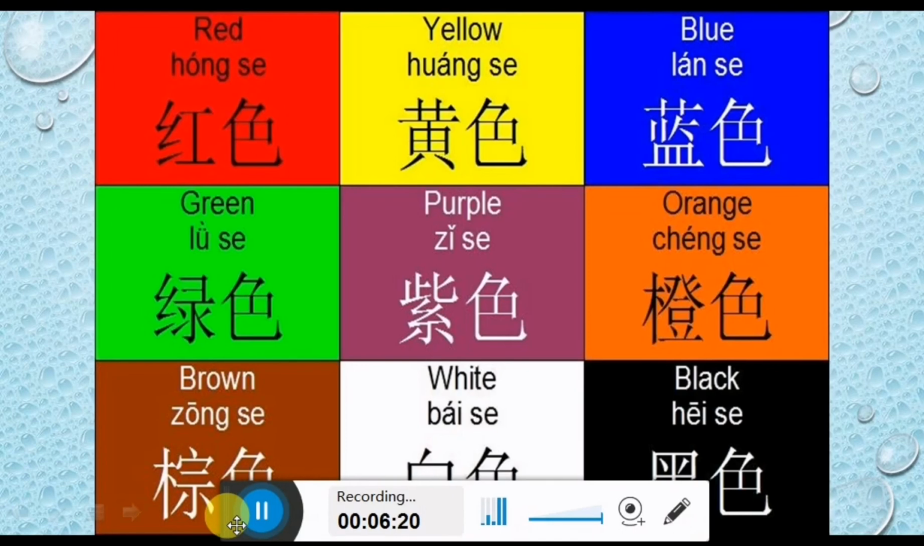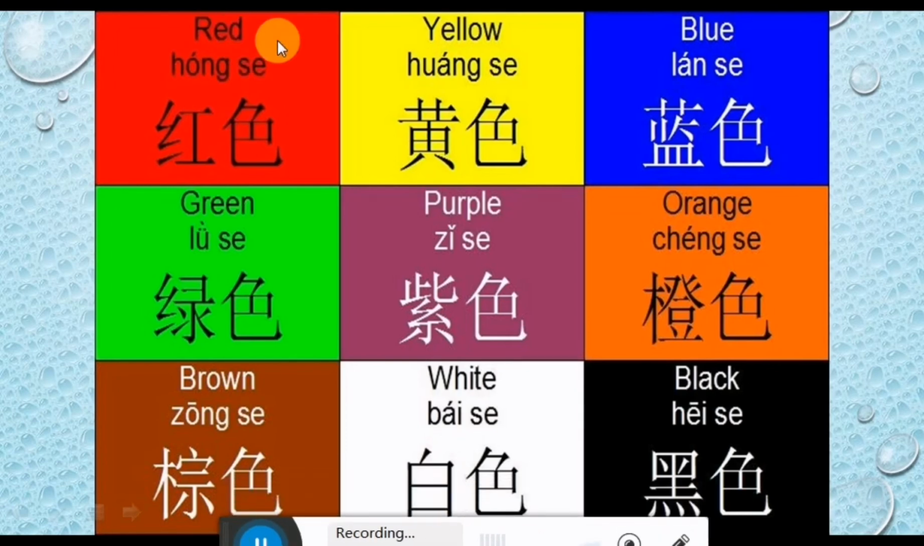How to say dark colors. 深红色、深黄色、深蓝色、深绿色、深紫色、深橙色、深棕色、深黑色。Now, light color. 淡红色、淡黄色、淡蓝色、淡绿色、淡紫色、淡橙色、淡棕色。